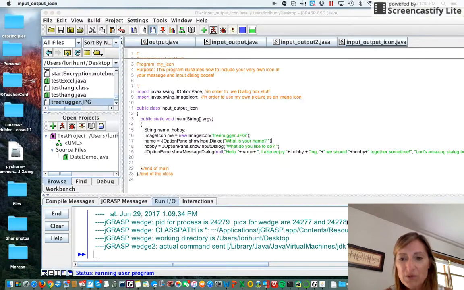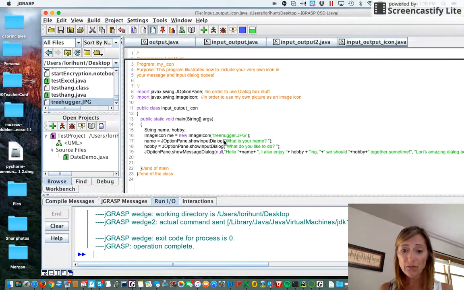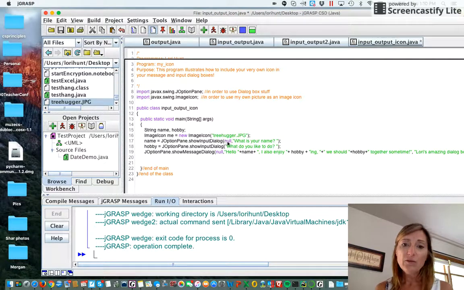If we want to do that with an input dialog, it's a little bit different because there's 7 parameters. So I'm just going to show you what they are here, and then you can play around. I use null for the frame type, that just says use the default. And now we have to include all those other parameters. So we have the message that appears. We want the title, so I'll say name will be the title of that box. The box type, so I'm going to call that